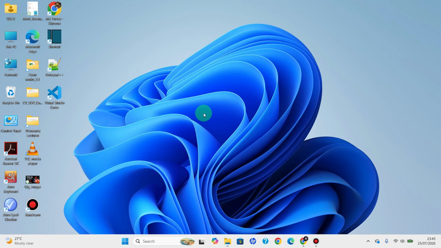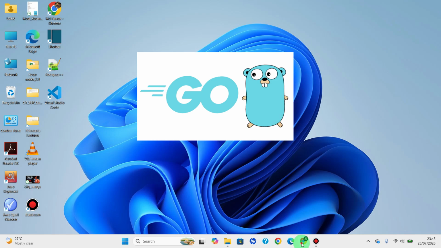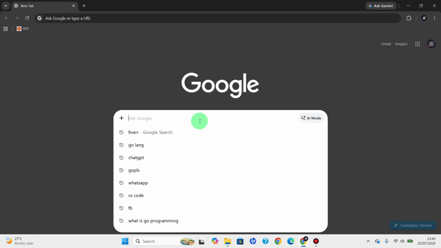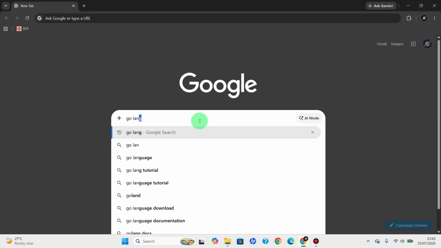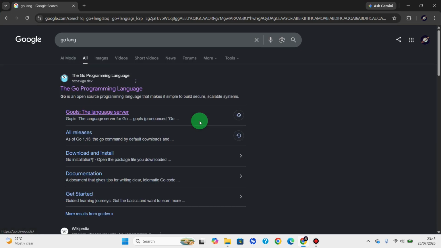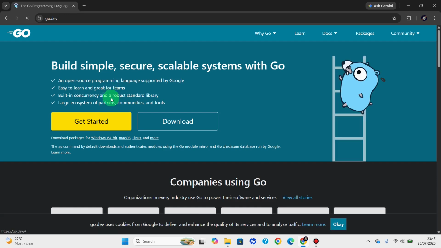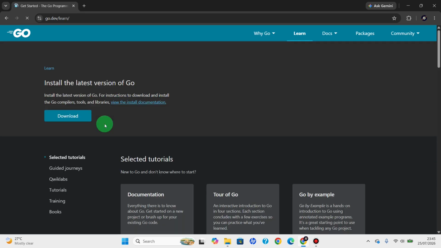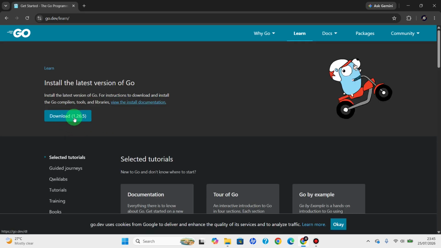Today we'll be seeing how to install the Go programming language. So we will go to our browser and type GoLang or Go programming language and press the first link, Go programming language. Click get started. Then click download